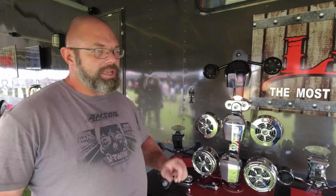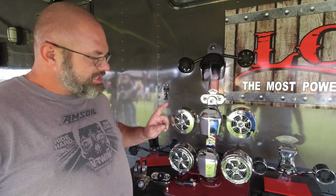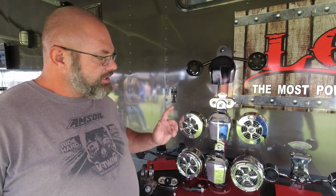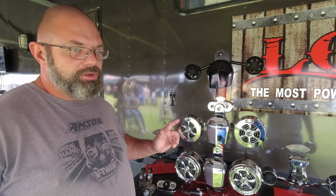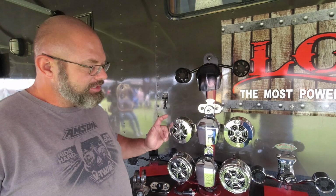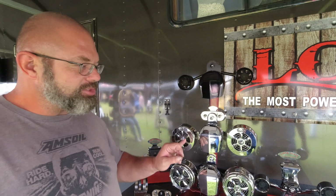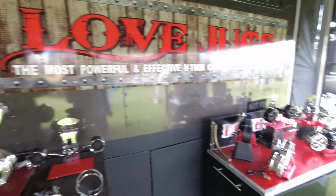Next up would be the Coolmaster series. Same technology, but a smaller package and a more powerful unit. So even though these are 15% smaller, they were actually 10% more powerful. Again, polished stainless steel, 20,000 hours of runtime, and these are also available in the flat black and the gloss